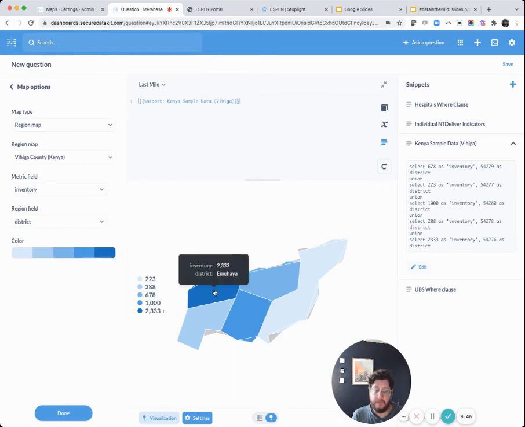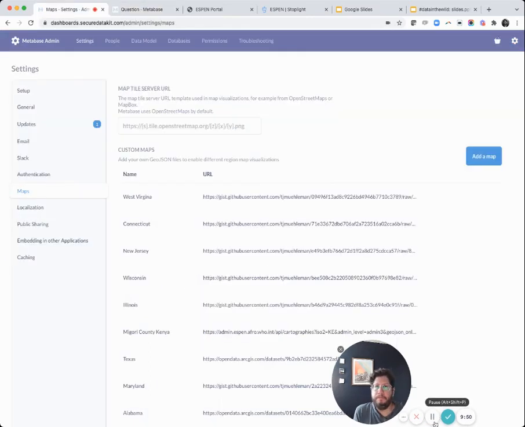Okay, the last bit of this video, we're going to actually jump into the admin section. I'm going to show you how to configure maps. Okay, so I'm in the admin section of Metabase where we load maps, and Metabase at this moment, I believe, only lets you consume a GeoJSON map, which is a web or cloud-based map. You can't upload, say, a shapefile. So if you've got a shapefile but no GeoJSON, you'll need to convert that to GeoJSON, load it somewhere, maybe an S3 bucket, and store it there. I can talk to you through that in another video.